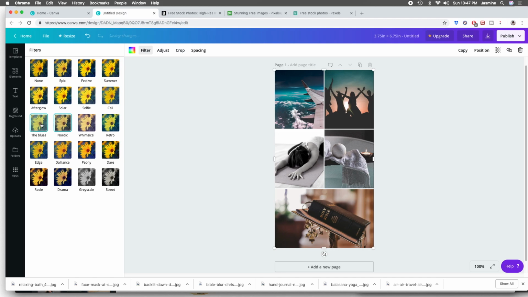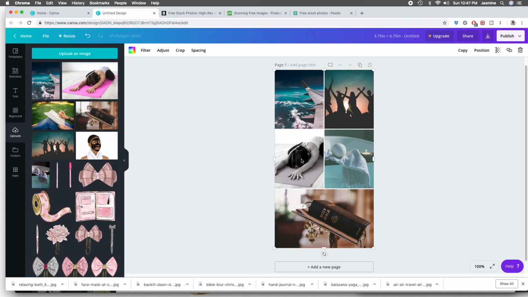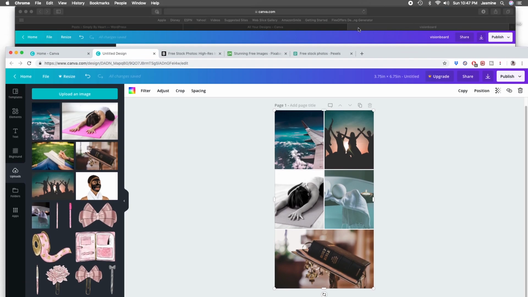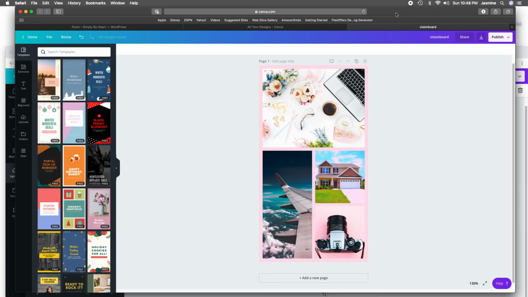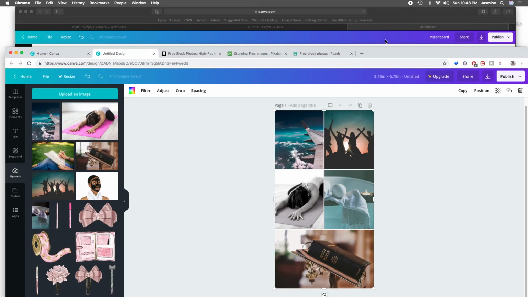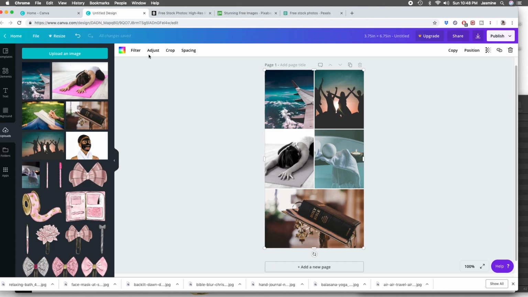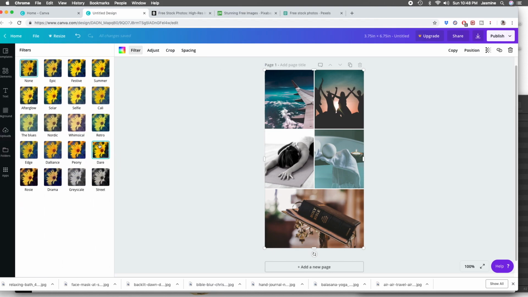Blue to me is very relaxing, and so I just thought it would be a good idea to make these images have a blue hue to them. And I'm just adjusting them by doing the filter. As you can see here, I adjusted my colors in my personal one to pink. Some of those images actually have a rosy pink filter over them